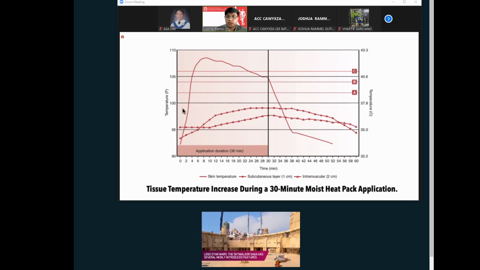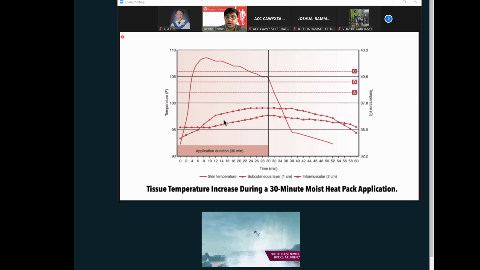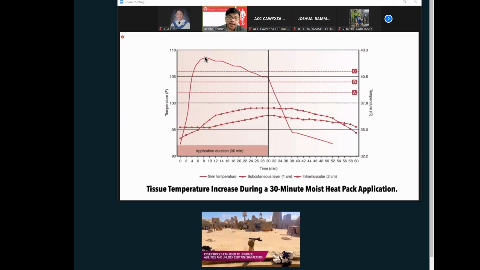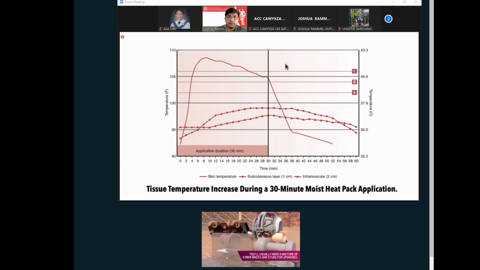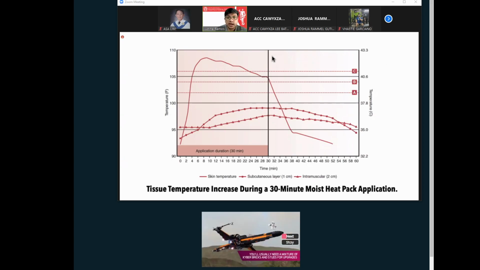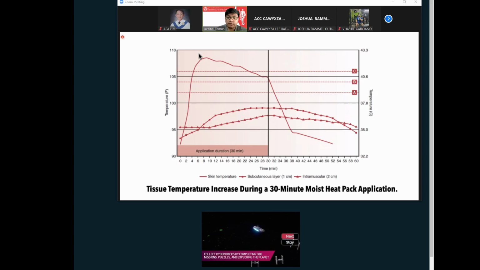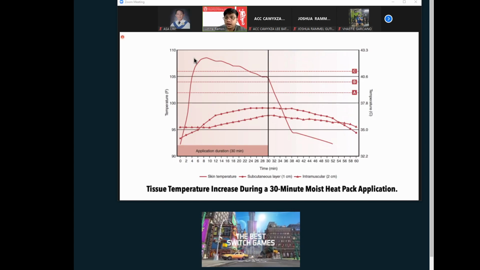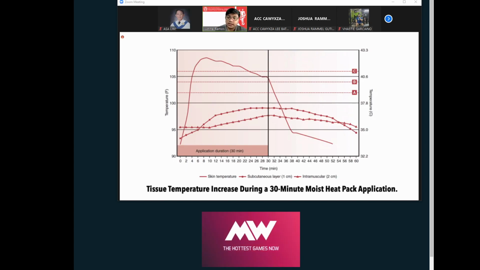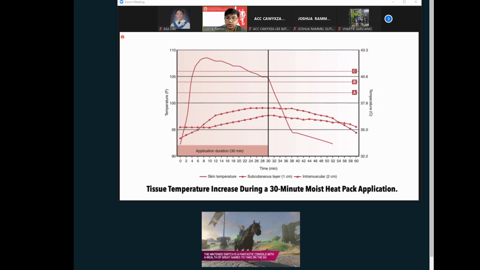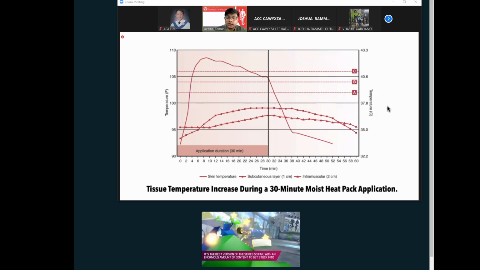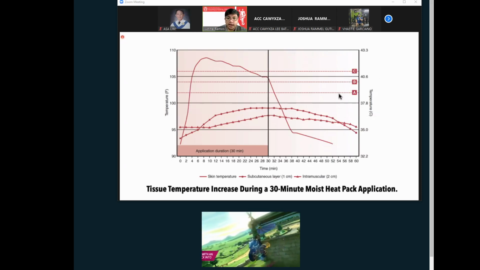Once you reach that particular temperature at 38 degrees, roughly around 40, before it reaches the therapeutic levels. And heating up to 40 to 45 degrees Celsius, when you are in this range, is actually enough to produce a plastic deformation on your collagen. However, as we said, it will be destructive, or the tissues will tend to be destroyed, when your temperature is beyond the therapeutic levels, of more than 45 degrees Celsius or 113 degrees Fahrenheit.